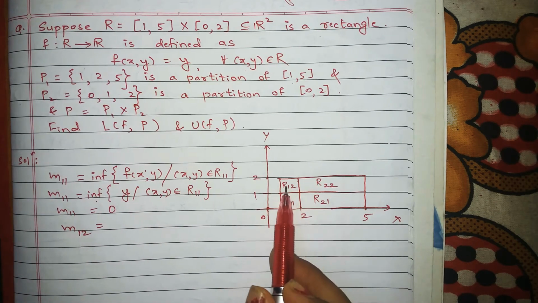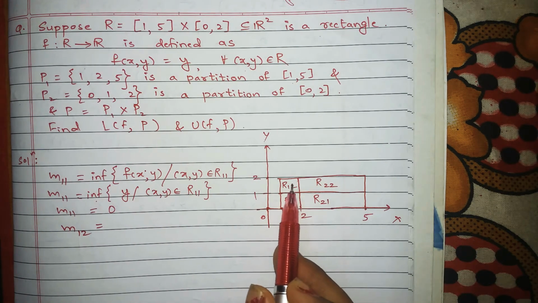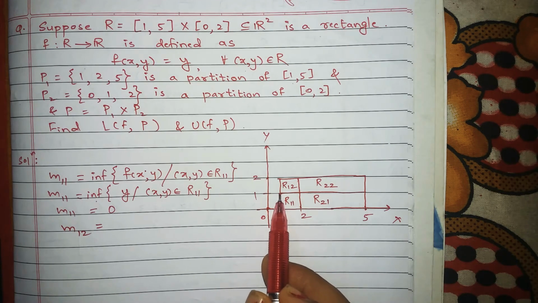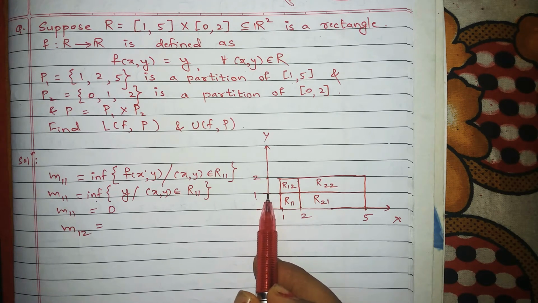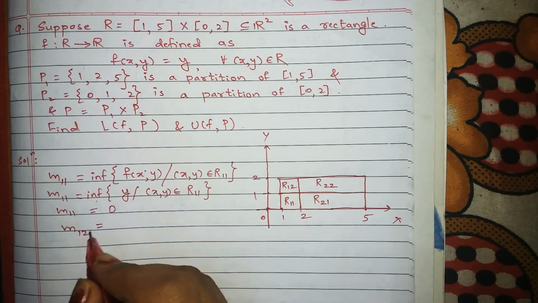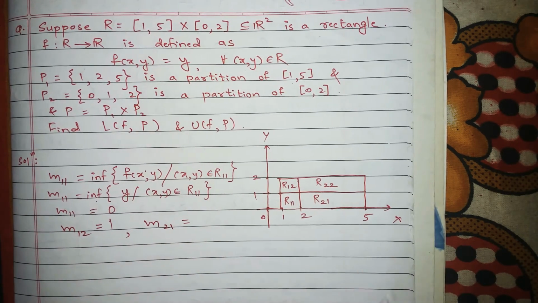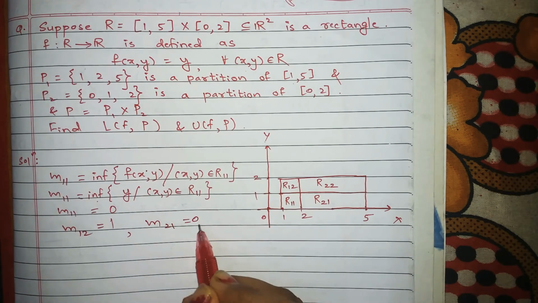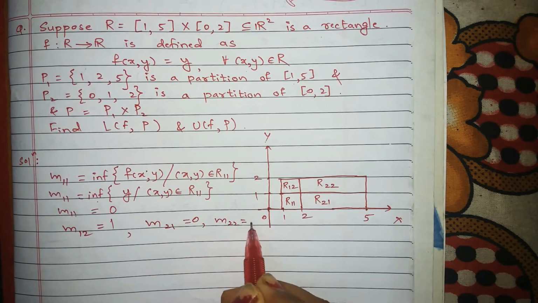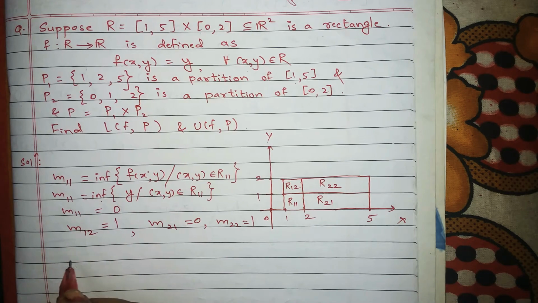Similarly M12, you have to take from this subrectangle infimum of function. So it is 1. You can observe y, the least value, infimum is 1. Similarly M21 it is 0, M22 it is 1. So what is lower sum